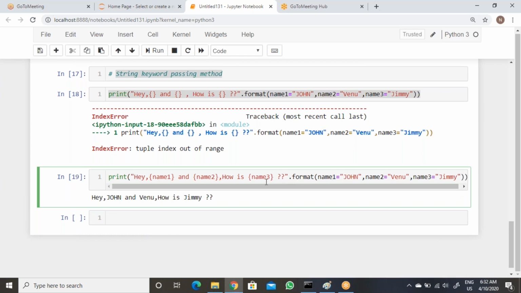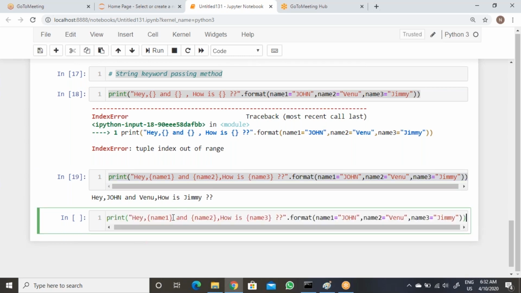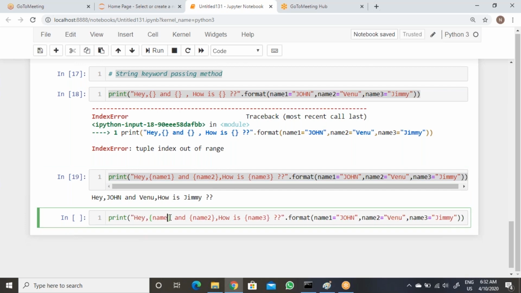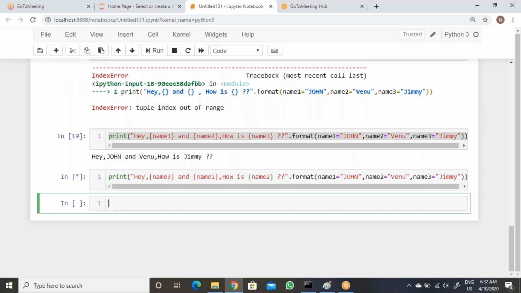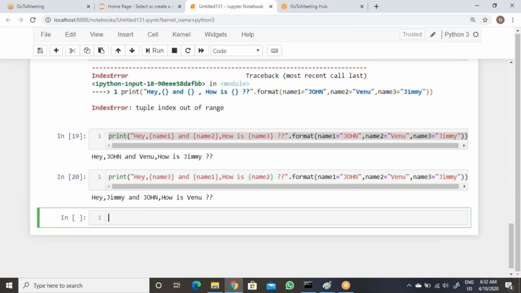So it will be big string. 1 second, I'm just taking out. Fine. So now let's see, execute here. Hey John and Venu, how is Jimmy? So that means the keywords are placing here. Okay. So that's you need to understand string keyword passing method. Okay. So you can change the values if you want.